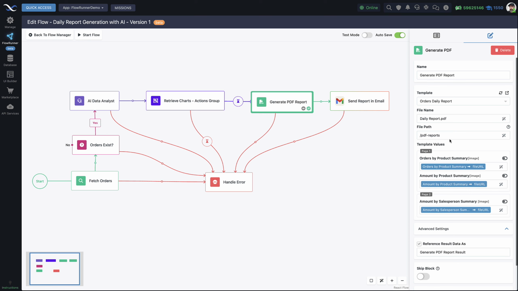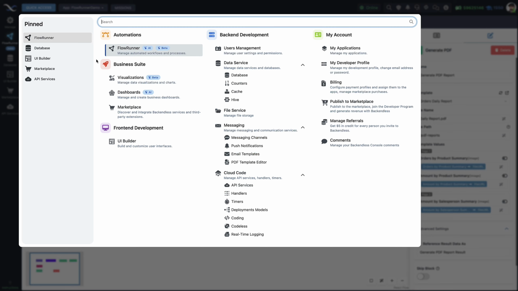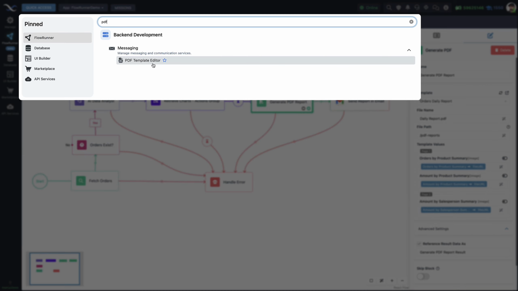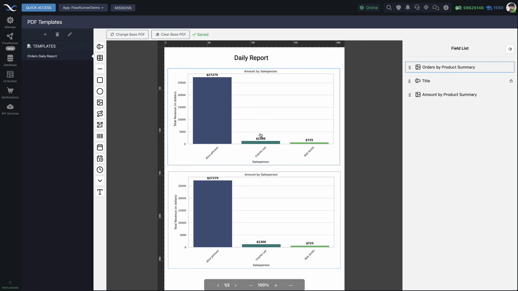Before we start digging into how it works, let's switch to another tool available in FlowRunner Backendless called PDF Template Editor. Right now it is under messaging, but it's actually going to move under front-end development. But anyway, just type in here PDF and you will find this PDF Template Editor. Click on this guy and then this will open. So this is the PDF Template Editor in Backendless